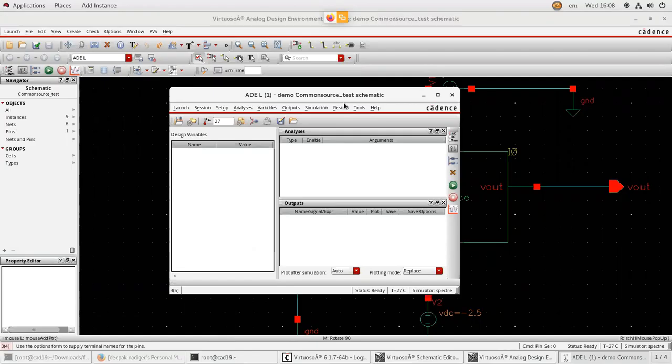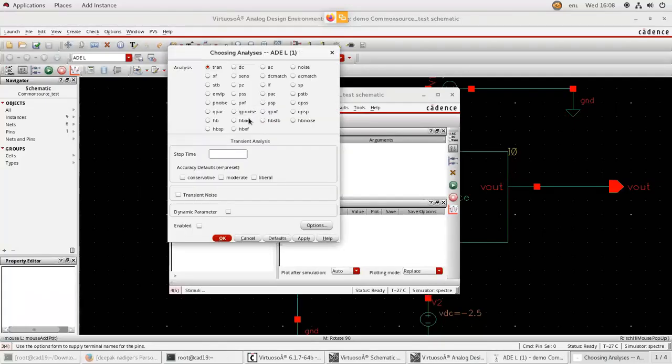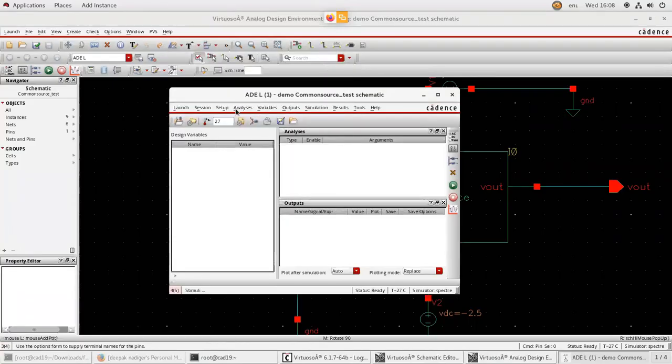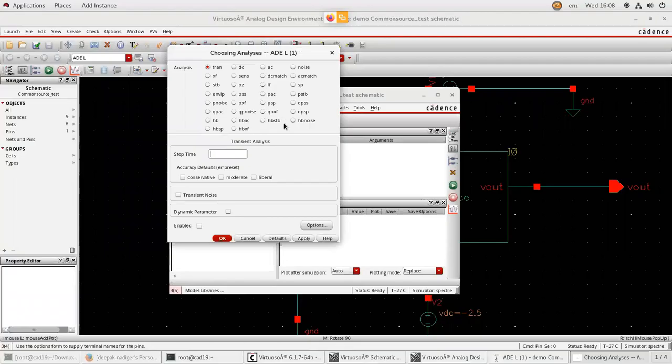So after getting this ADE L window, first we will go with analysis. Okay, analysis. So you know how to do the transient analysis. Choose transient, stop time. So here it is not a pulse. Here it is a sinusoidal waveform. You have given a frequency as 1 kilohertz. When you convert to a time period, T is equal to 1 by frequency.